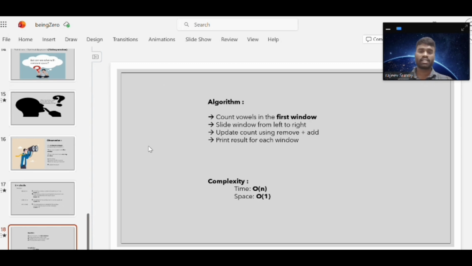Let us understand this algorithm. These are the simple steps. As we have already discussed, we count the vowels in the first window, then we slide the window from left to right and update the count. That means we add or we remove, then print the result of each window. So the time complexity of this approach is